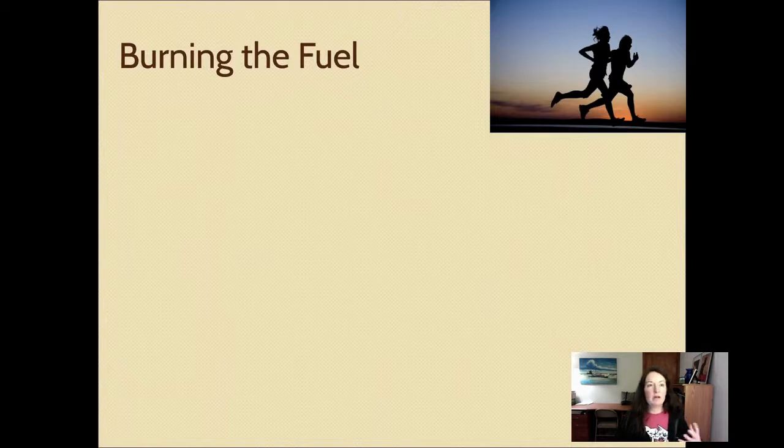Now, when we are consuming food, when we're consuming this energy, we can store it in our bodies, which a lot of us do. That's oftentimes what the fat is, or muscle, depending on if you're using it to build muscle. But we can either store it or we can burn it. You are doing that right now. Just thinking and writing things down as we speak, you are burning that fuel, that glucose in general from the breakfast that you ate today or the lunch you ate or whenever you had your last meal. You can also draw on the fat storage that you have in your body.